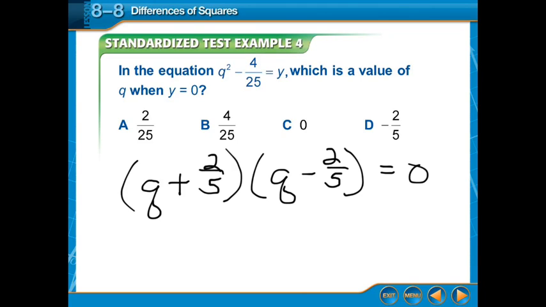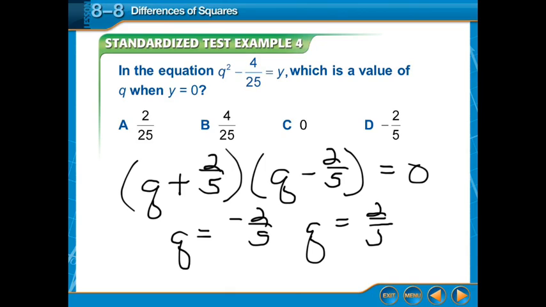And if I'm setting that to 0, then I'm setting each one of these to 0, so q would be equal to a negative 2/5, and q would be equal to a positive 2/5. And so they don't give me both of the answers, but they do at least give me one of the answers,